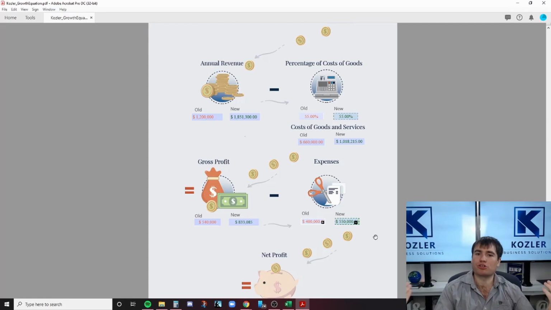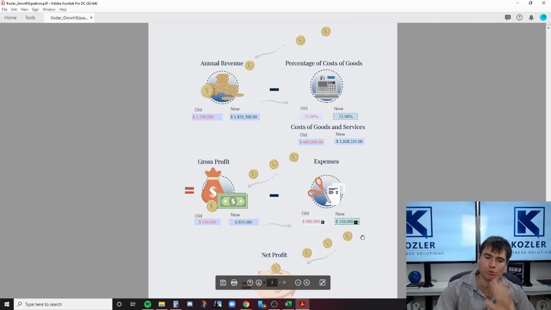Now, like I said before, everything we've done here is only a couple of percent, and in reality, it's probably not going to cost you $150,000 to do that. But again, let's say that for some reason it did. Being super conservative with this, your expenses are going to go up. I mean, you need to pay for that website. You need to pay for these things. A lot of times, you need to invest in your business in order to grow it. It's not something that just happens, right? But a lot of times, you can do a lot of these things we just discussed without a lot of money. But for the sake of this experiment, we're going to increase it by $150,000. So it's gone from $400,000 to